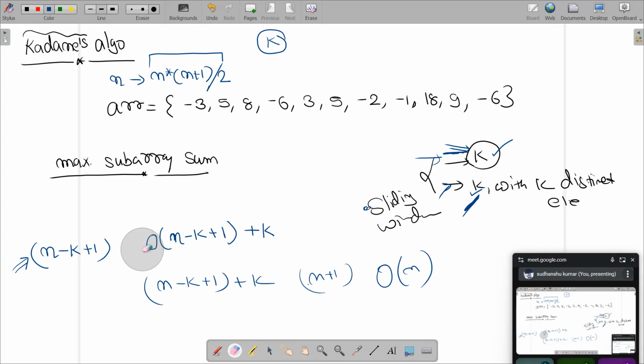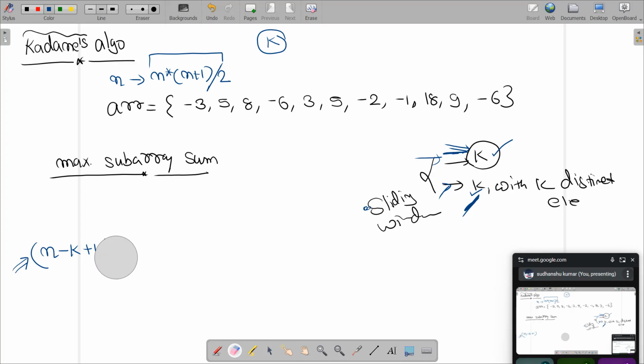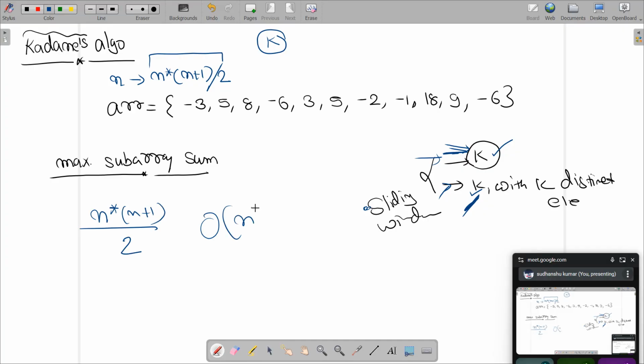You will see that there are certain problems, not almost every problem, but some, where your observation size is quadratic. For example, this problem. I know that there are n times n plus 1 by 2 subarrays, so I have order of n squared subarrays.